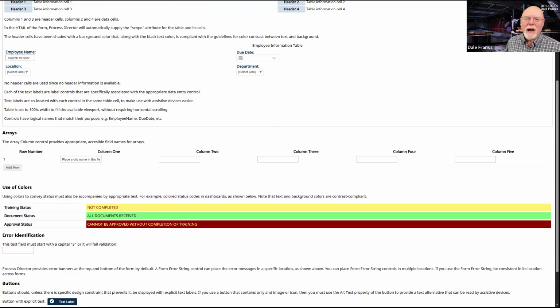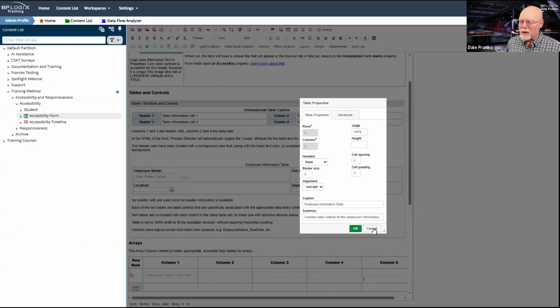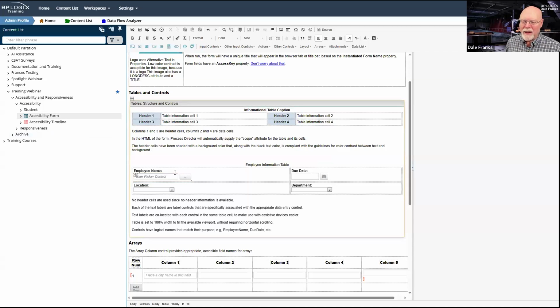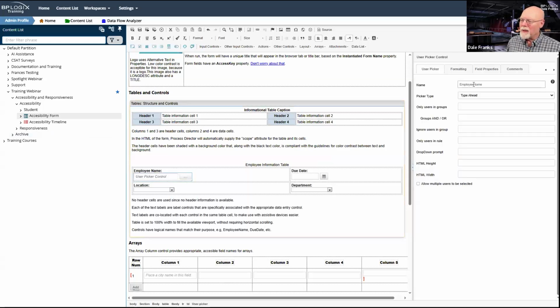Now, I did say when I was looking at my control and we looked at the employee name control, and it is named employee name. Now, we know that there are constraints on control names, right? We can't have more than 64 characters. We can only have letters, numbers, dashes, and underscores, and they have to be 64 characters or less.